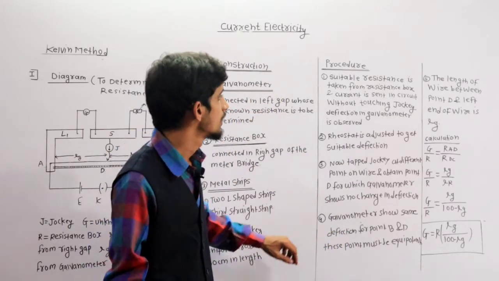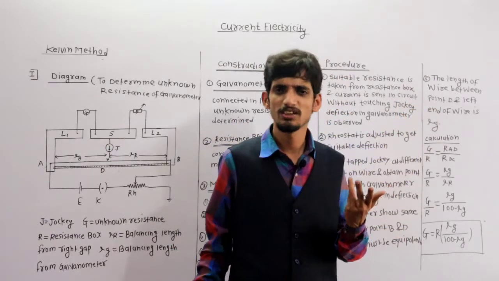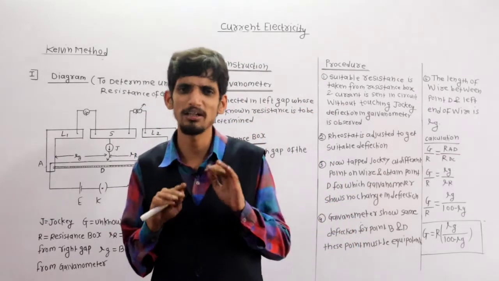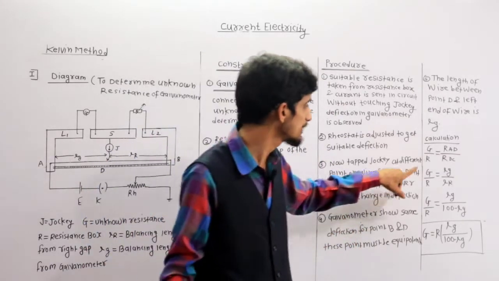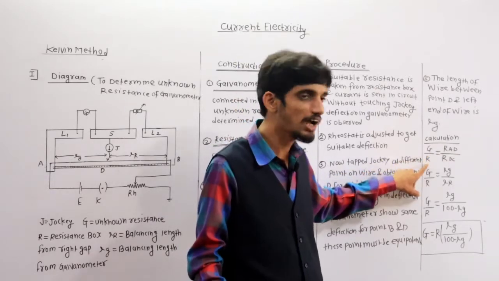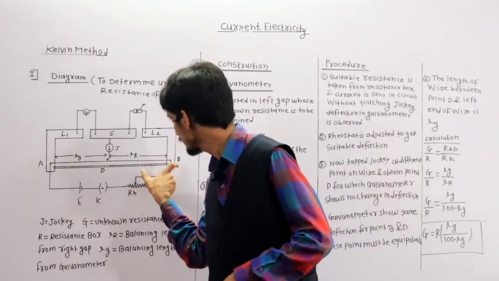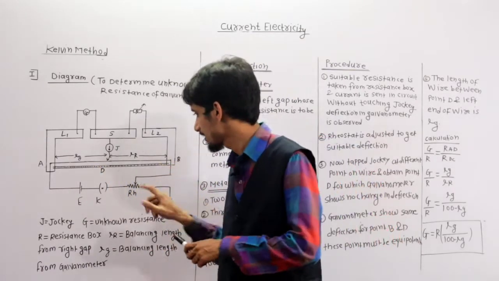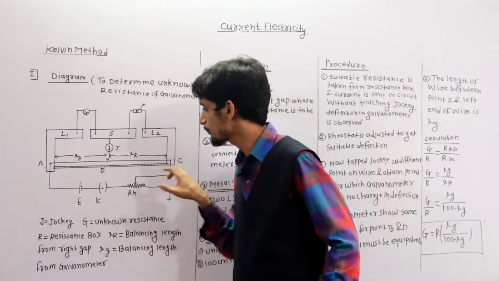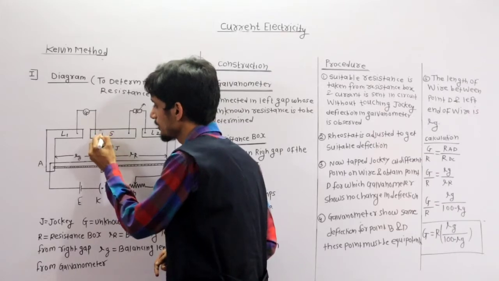Now again, the length of the wire between A and D is Lg, which I already explained. Then we simply do the calculations like the meter bridge. But in the meter bridge there is X; now that X is replaced with G, so G upon R is equal to RAD upon RDC. It is a resistance ratio. Suppose this point is C, and this point is now B.